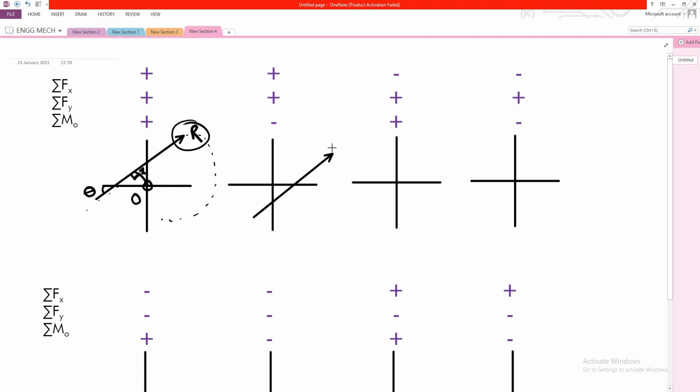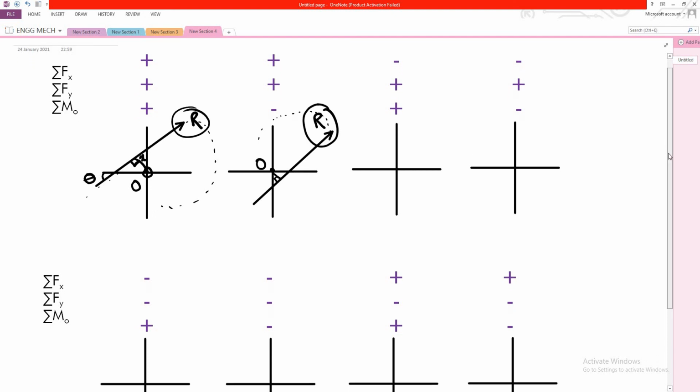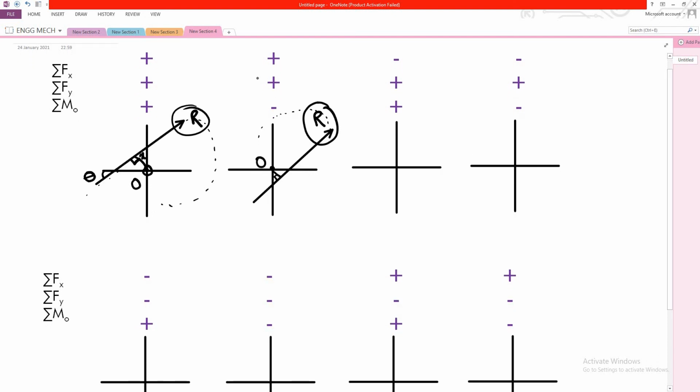See, this is again the resultant in the first quadrant, but what you can see here is that the position of the resultant, still being in the first quadrant, is making the system rotate in the anti-clockwise direction. How? See, this is R. Even though it is in the first quadrant, when the position is shifted below O, then we can clearly see that this resultant will be making the system rotate in an anti-clockwise manner. Okay, let's try to do the same when the quadrant is second.